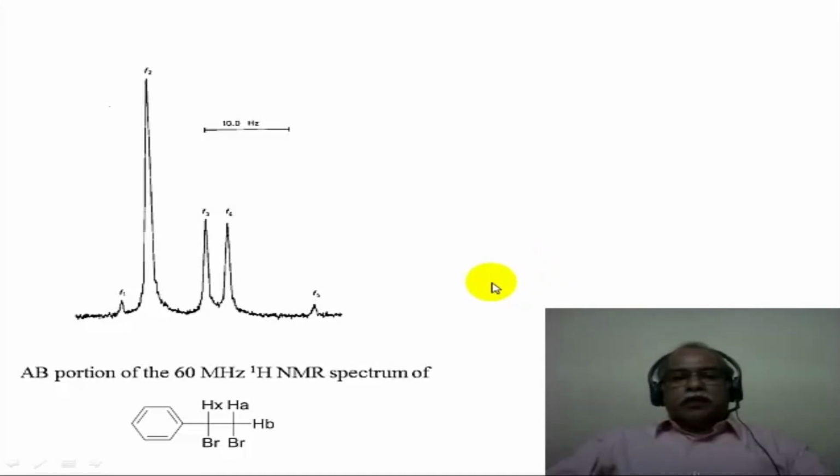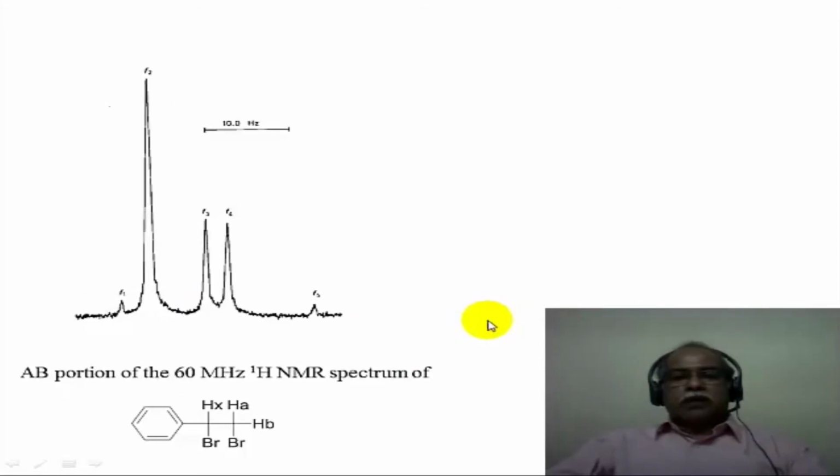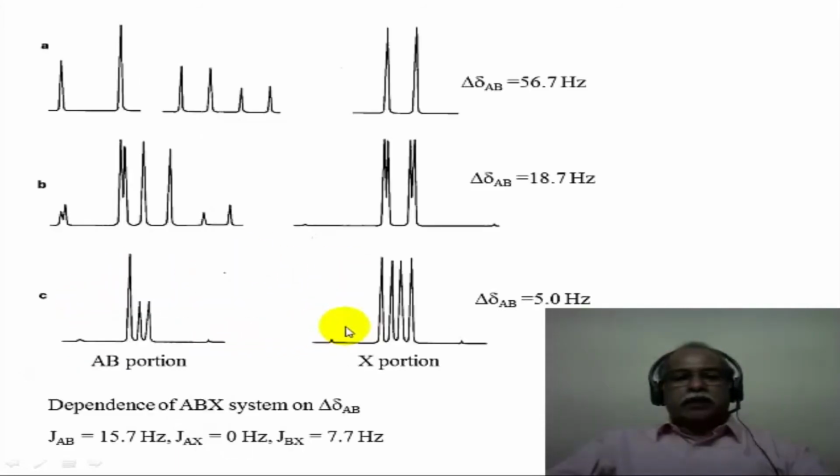Here is a very unusual ABC kind of a spectrum, or ABX kind of a spectrum, as one can see here. And this is rather difficult to interpret in terms of the line intensities and the number of lines that one sees in the ABX spectrum. This is truly a second order ABX spectrum, something looking similar to the class C, or the bottommost spectrum of what is shown here. Only the AB portion is shown here, which corresponds to a pattern similar to this one.